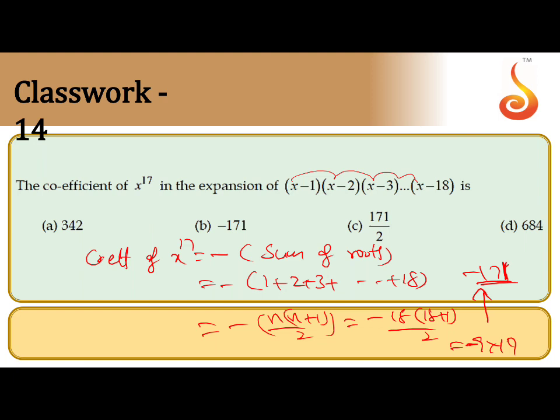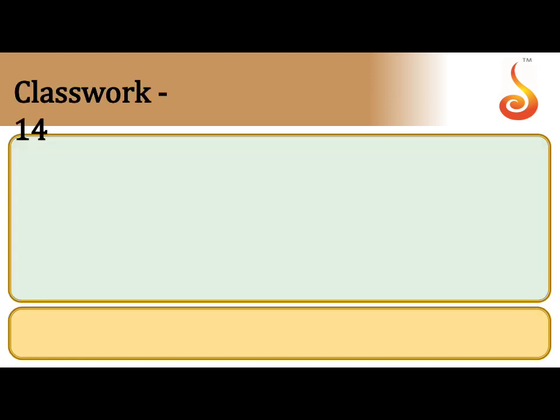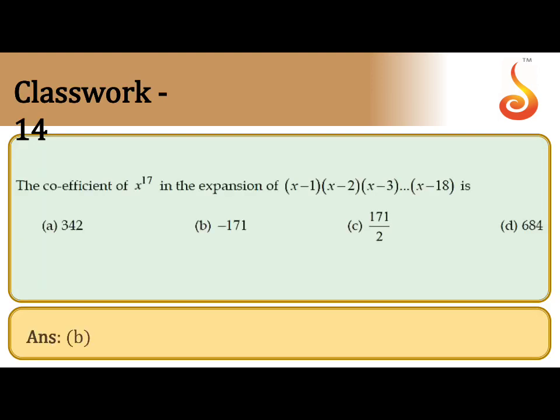I hope you understand here. The 2 and the 2 9s cancel; 9 into 19, the value is -171. So which option? Option B is correct. So if you want to get the lower degree term of the given expansion, it equals minus the sum of the roots. Why minus the sum of the roots? Because all the terms are x - 1, x - 2, and so on. If all were plus, you could take plus only. I hope you understand. This is also a very good question for the Mains and CET. So the next question, check the answer: option B is correct.